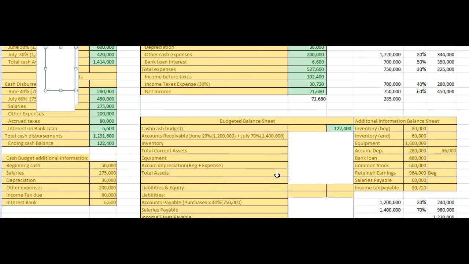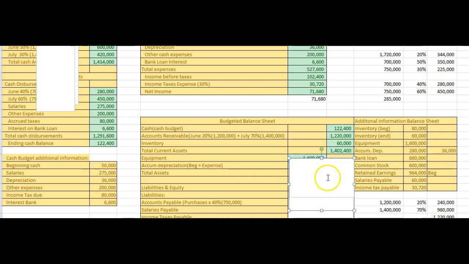I try to give you as much information as I can. So we have our accounts receivable, and in June was 20% of 120, or 1,200,000, plus July is 70% of 1,400,000. So you add those together and come up with 1.22 million in accounts receivable. Inventory, beginning inventory right here. We want the ending inventory of 60,000. So we now have current assets of